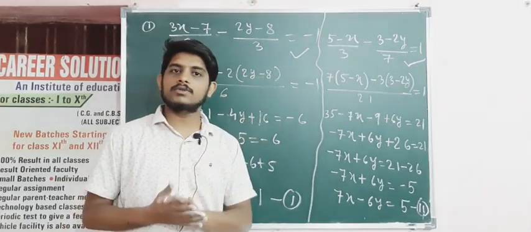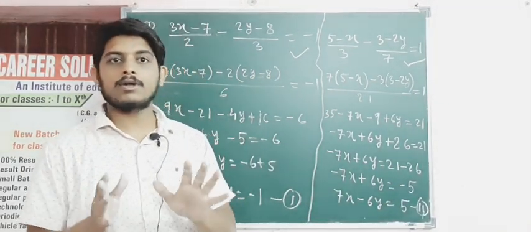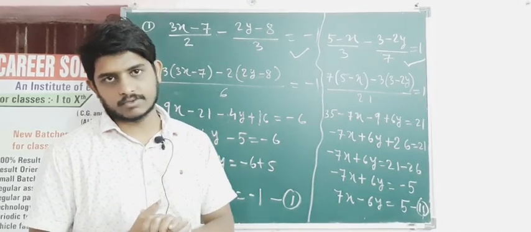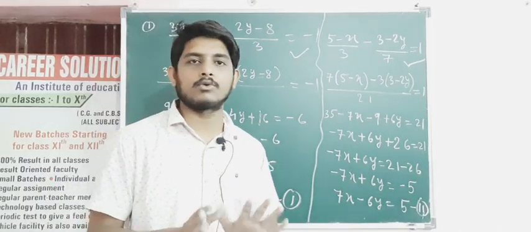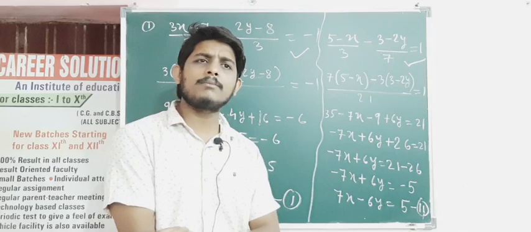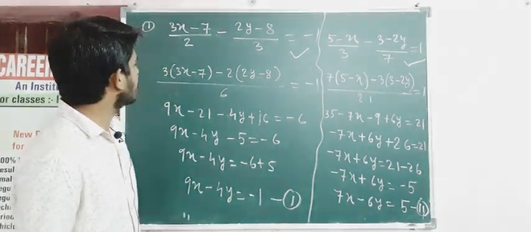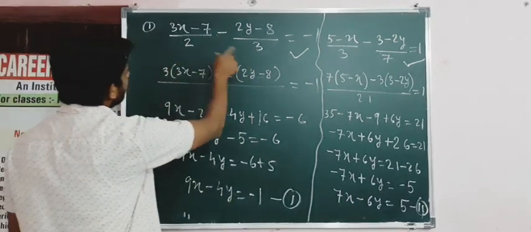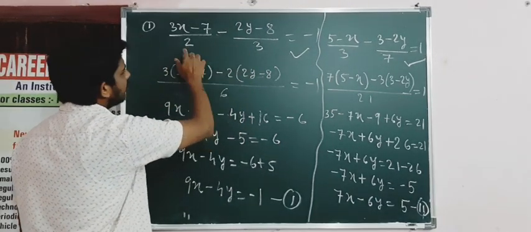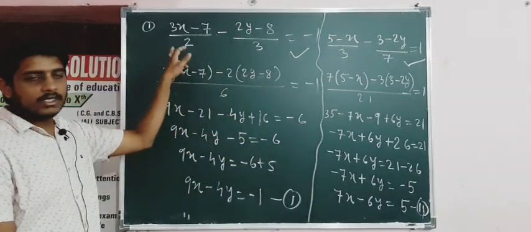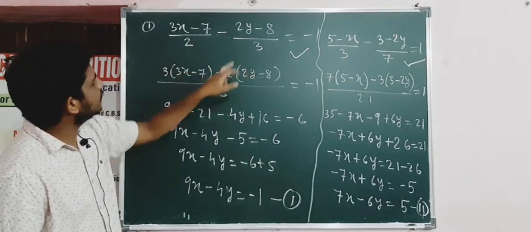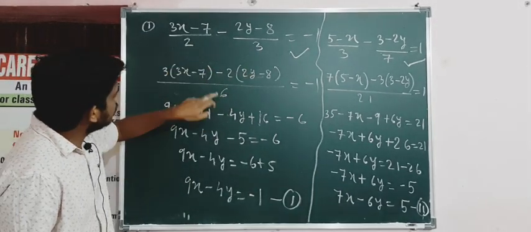Now these two equations are linear equations. First we have to simplify both of the equations. So how can we simplify? By applying arithmetic operations, whatever operation you can apply. So here what we can do is take the LCM of 2 and 3. The LCM of 2 and 3 becomes 6. So 2 times 3 is 6.